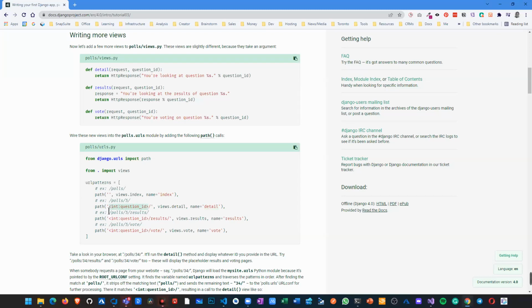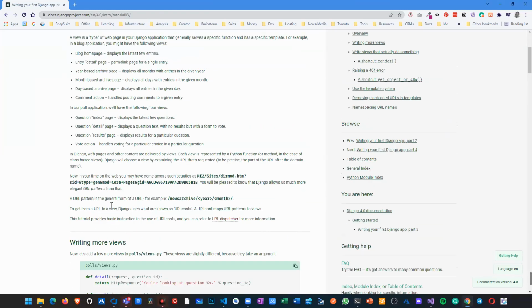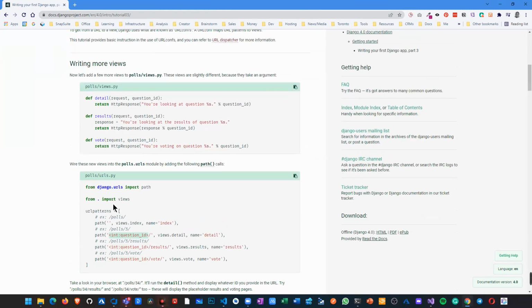This is dynamic. So what's happening is, to be honest, they're going a little bit too fast here. Right here is where I'm talking about, where it said writing more views. They said you add new views. So let's say we already have the first one, but he says now request, and the second parameter is question ID. So they're making dynamic pages. Because they have a database, they're able to generate dynamic pages